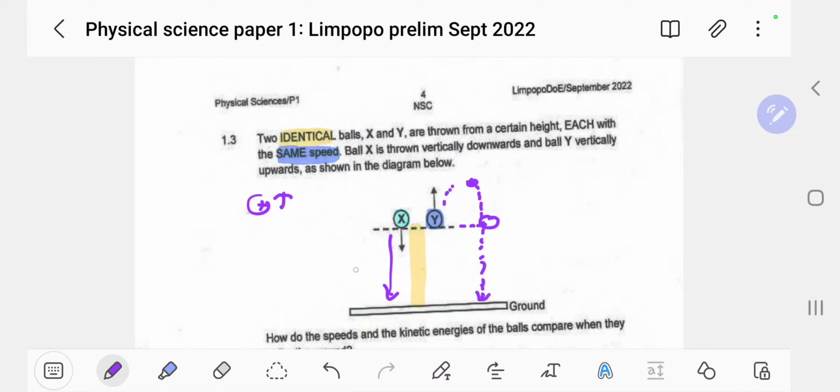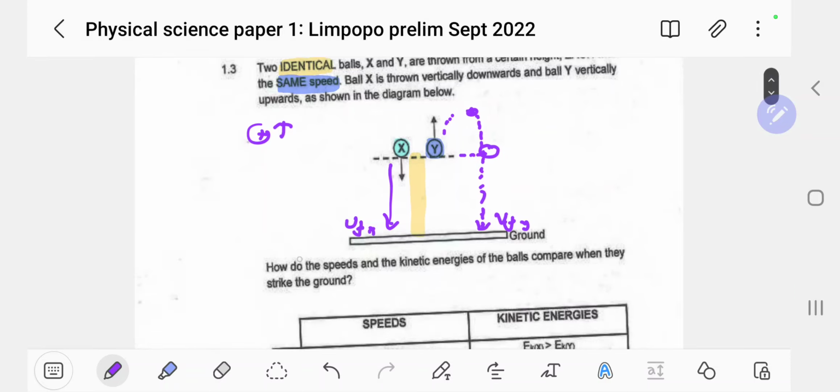So it means the final velocity for X is going to be the same as the final velocity for Y. Why? Because they leave the height at the same speed and they're accelerating due to gravity. So the fact that it went all the way up doesn't really matter, because at the end of the day, when it comes back to that same position, its displacement is zero. So it is effectively being displaced from its initial launch position to that one, which is the same position or displacement. Okay, so that is the story here.